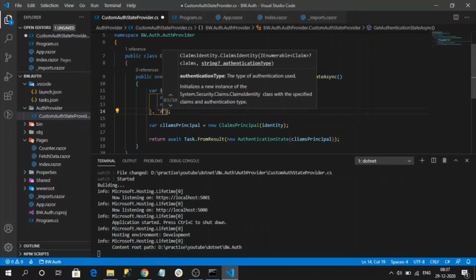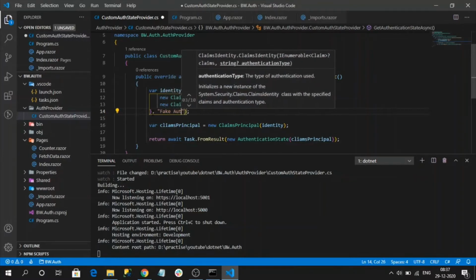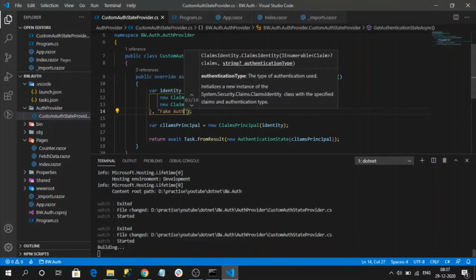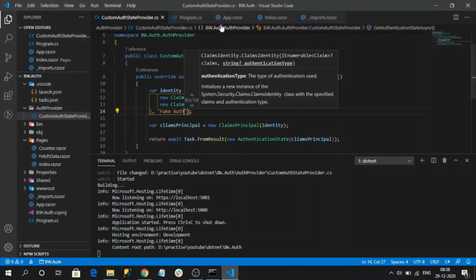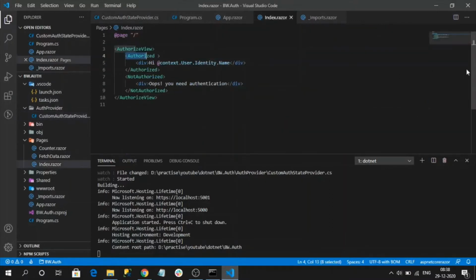Because of that, it's showing some weird behavior. Let me name it as fake auth and test again. So here we can see the output, the authenticated username. This is the basic kind of authorization at the level of components using the AuthorizeView component.